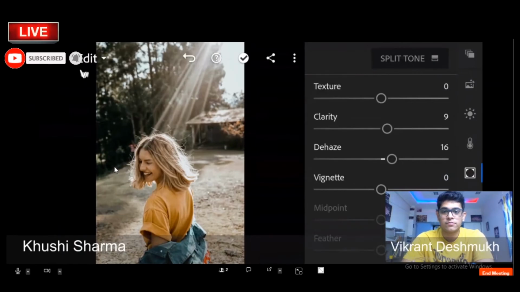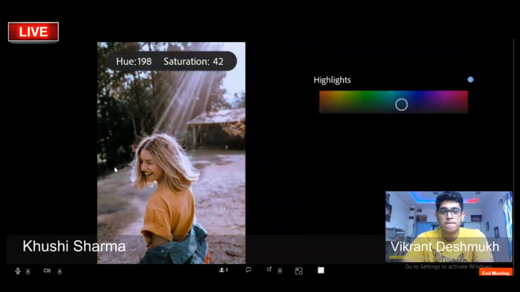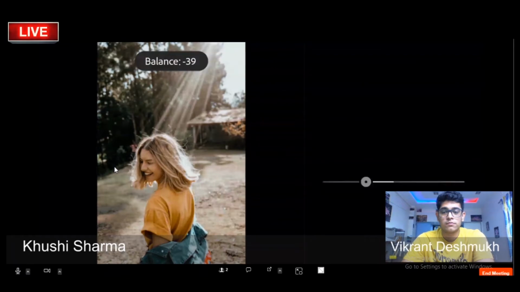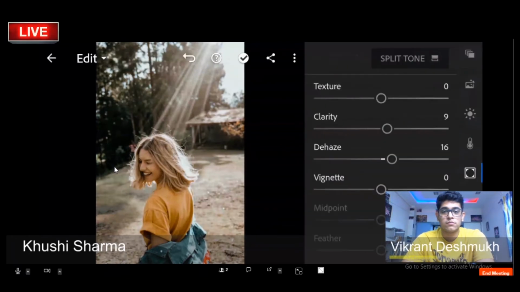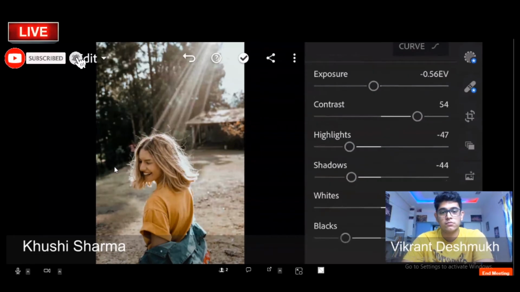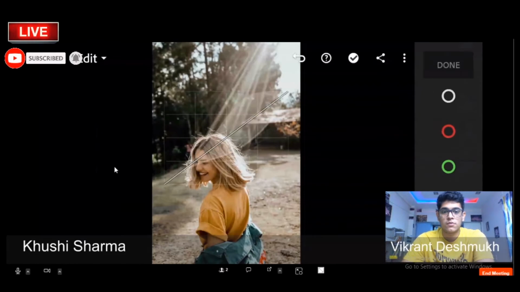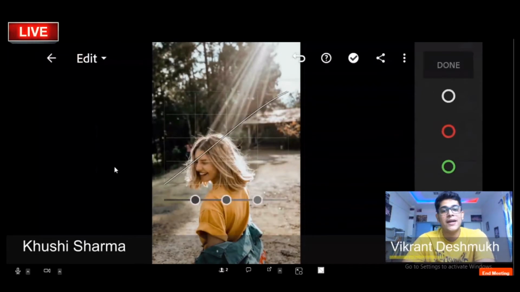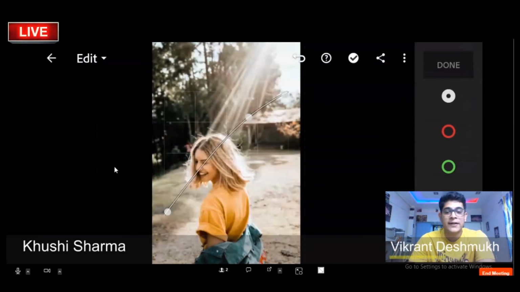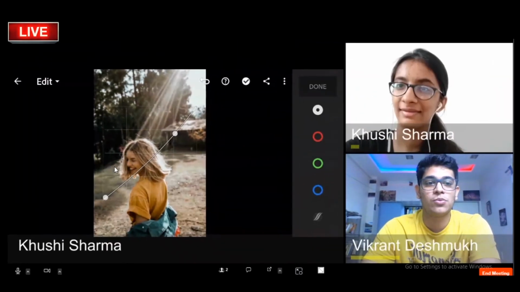You can see this. Then by using curves, I prefer to use curves in the end. It helps you to balance, and particularly it gives you a limit, so it makes it easier for us to do it.